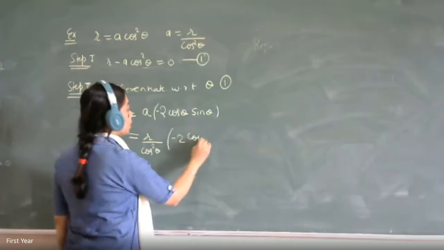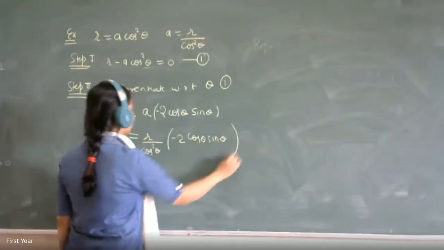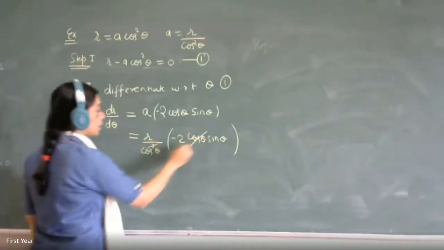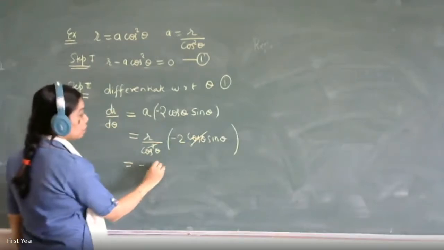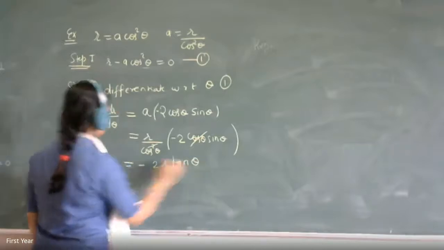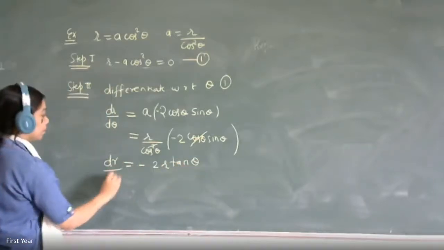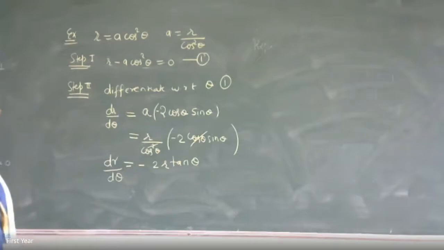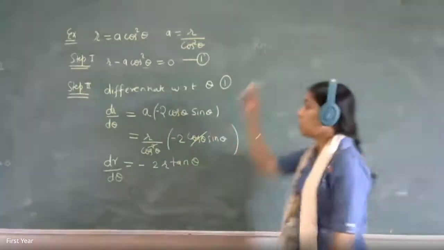minus 2 cos theta sin theta. So 1 cos theta term will get cancelled and you get minus 2 r tan theta. This is dr by d theta. Everybody got this equation? Minus 2 r tan theta. Yes, ma'am. Step 3 is replace